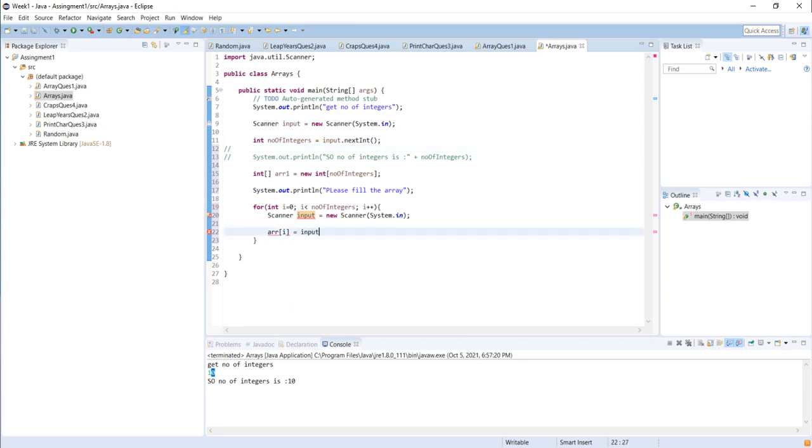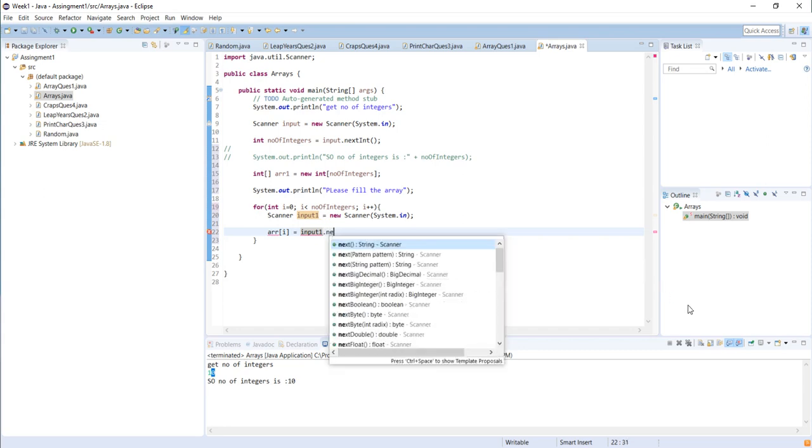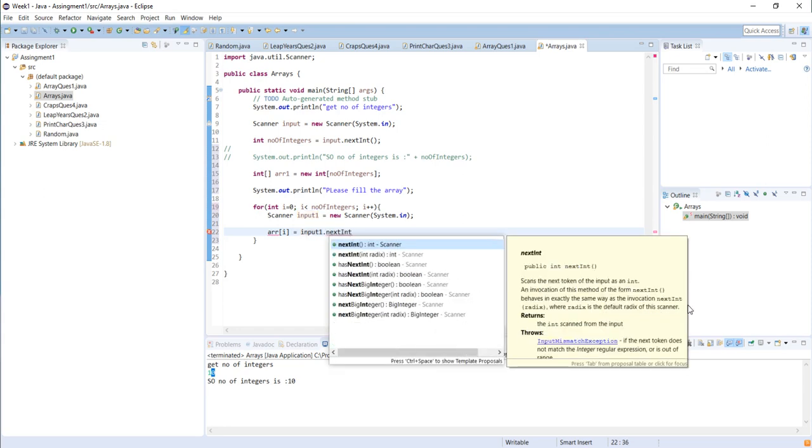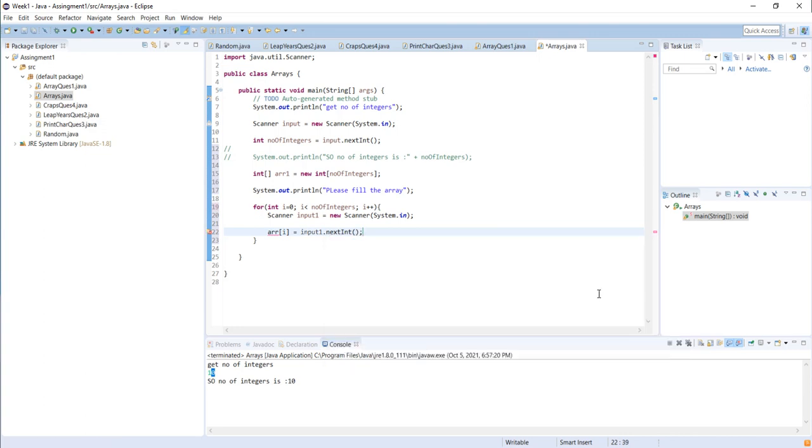I'll make sure of one thing, that I name it as a different object. So here I'll call it input1, otherwise the program will get confused between input and input1. So input1.nextInt, and also my array name was array1, so I'll make an amendment here and try filling it.